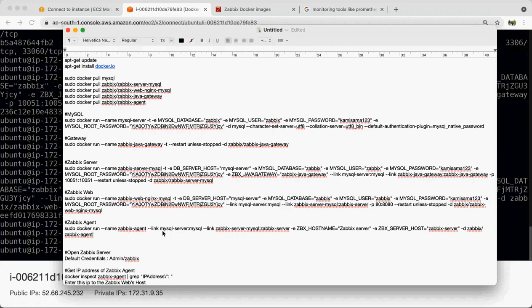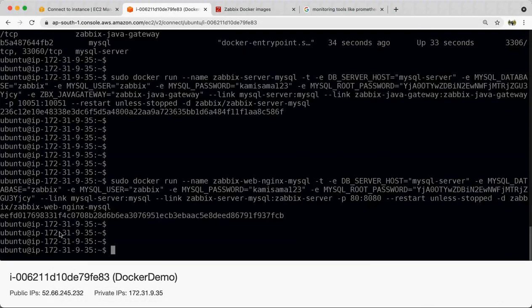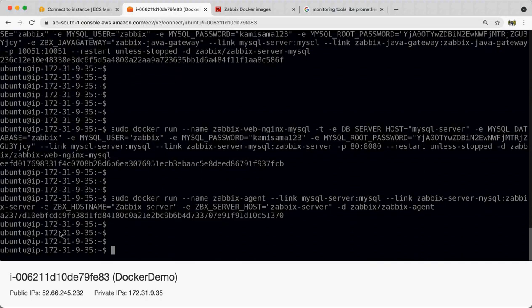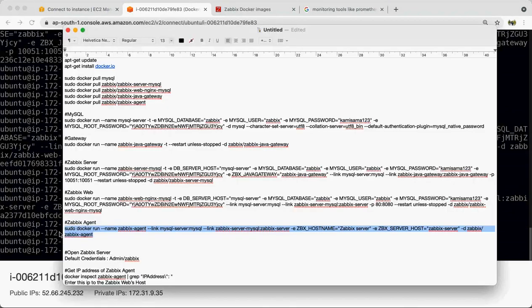There you have to provide your MySQL database server name, which can be a DNS or an IP address, then your Zabbix server host name, and different parameters like these. As soon as you start executing it, the agent will be up, but it will not be connected to your Zabbix server. For that you have to do some configuration on the Zabbix server, which we will see now.